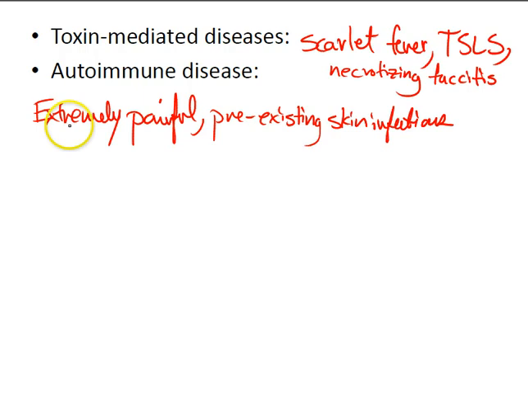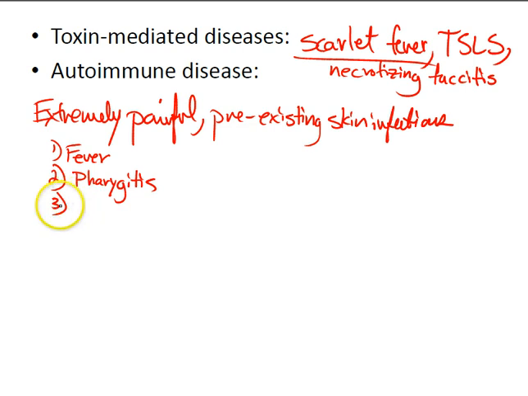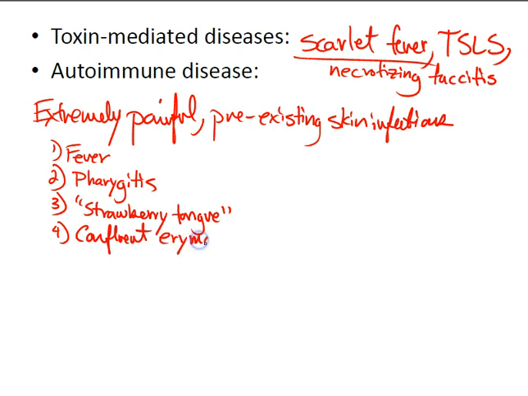So let's talk about scarlet fever. Scarlet fever gives you, number one, a fever, number two, pharyngitis or sore throat, number three, strawberry tongue, remember that. So don't just go to Kawasaki's disease when you hear strawberry tongue, but it may be seen in Kawasaki's disease. Number four, a confluent erythematous, sandpaper-like